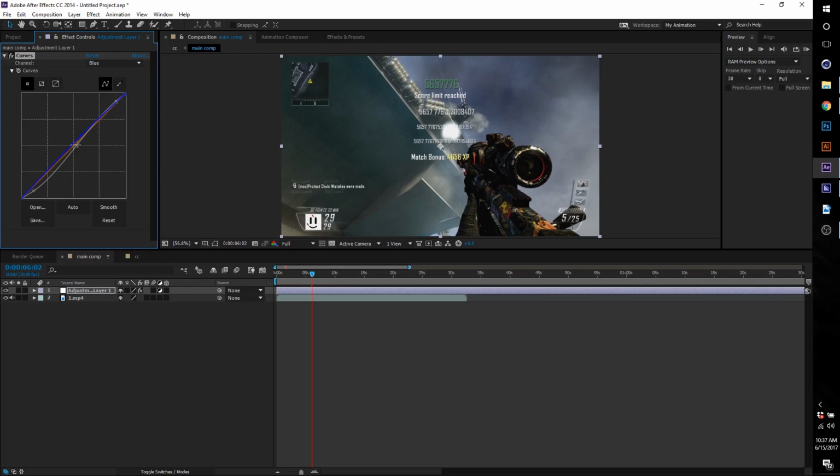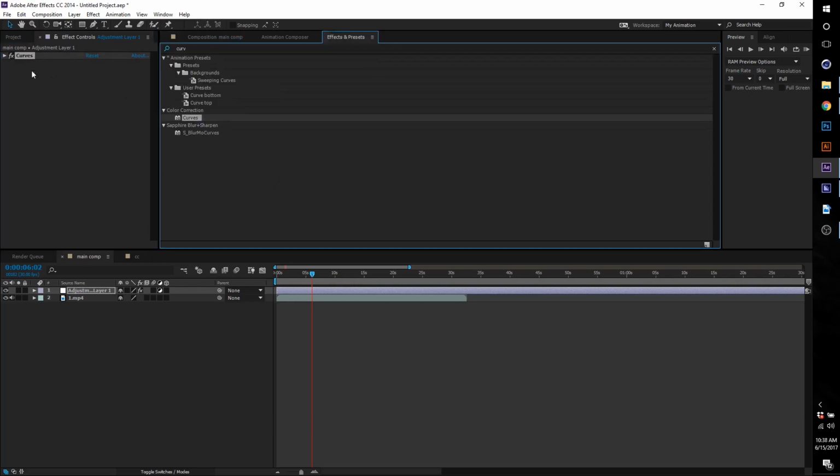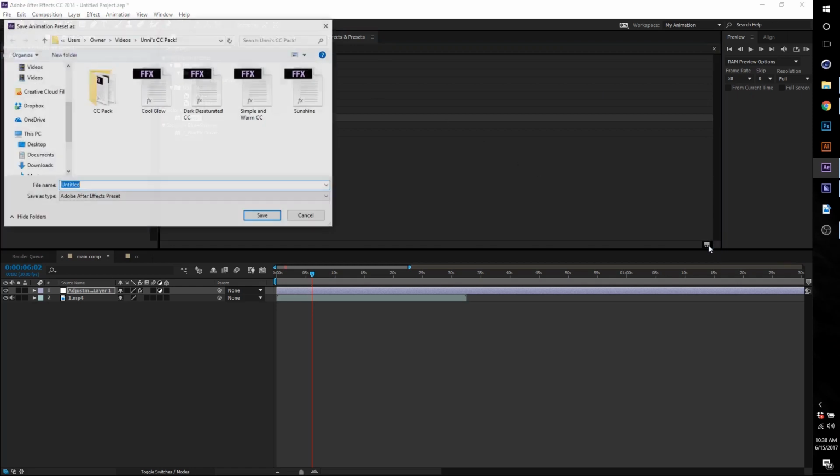So say you didn't want to do that every single time you put curves on. So you would just go into adjustment layer, click this, go to effects and presets, make sure this is highlighted, and then go right here, and this is how you save a preset. And you can save it wherever you want. This is where I usually put them. You can navigate over here and find or make a new folder to where you save them at,